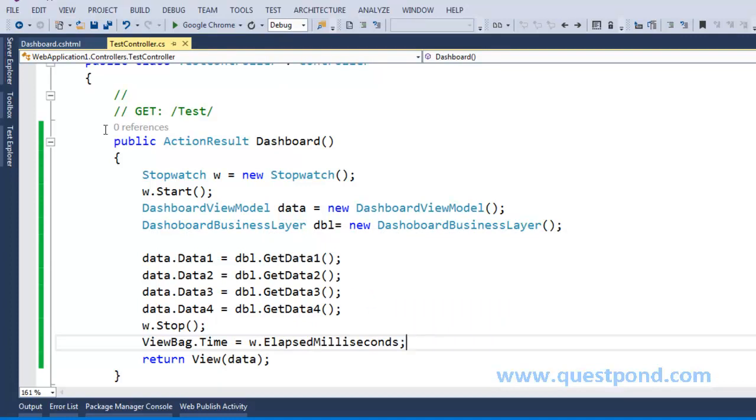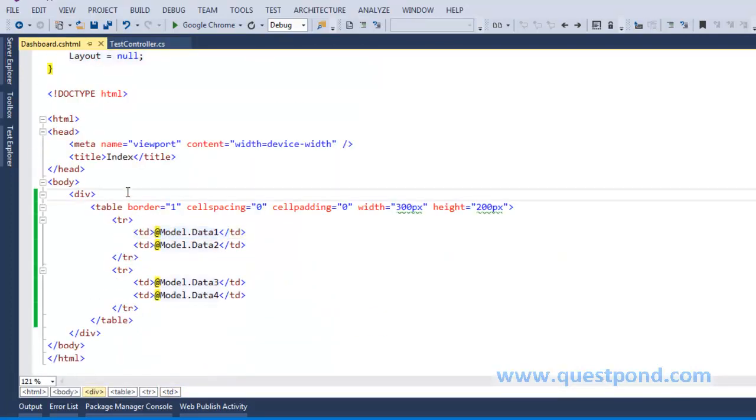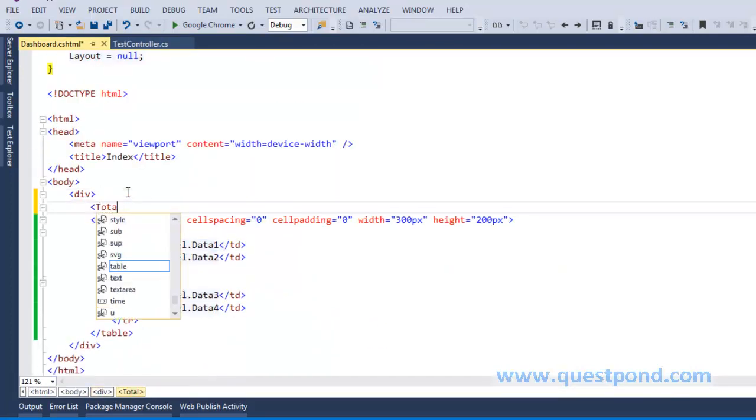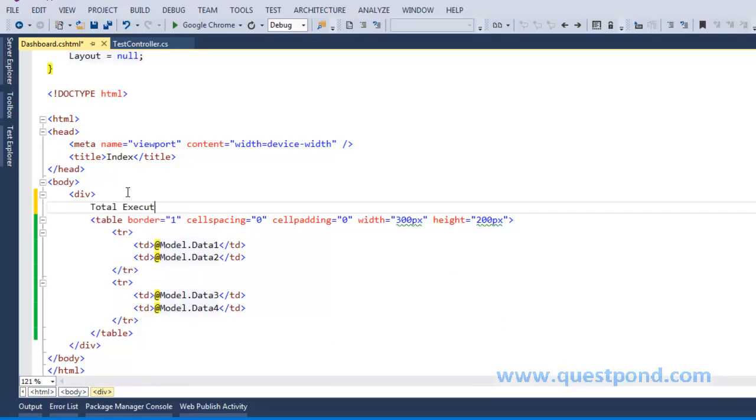Now I'll go to my view. We'll copy this and I'll say total execution time is @ViewBag.Time.